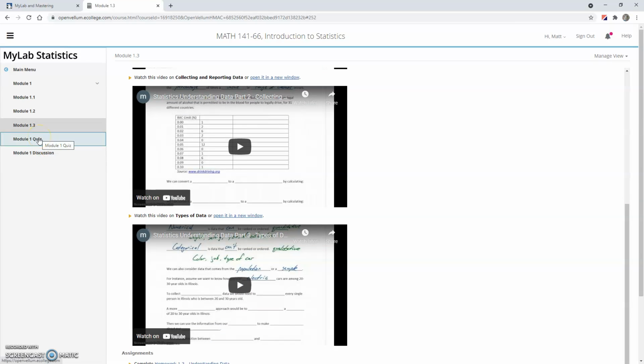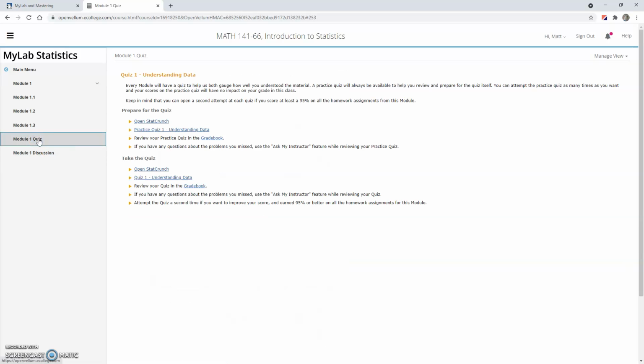Once you've completed any required homework assignments, you'll want to move on to the Module 1 quiz. You'll find a link for the practice quiz, which you can take as many times as you want without impacting your grade. You can review those practice quizzes in between attempts in the gradebook, and when you're ready, move on